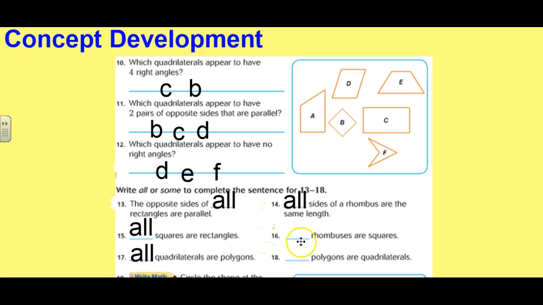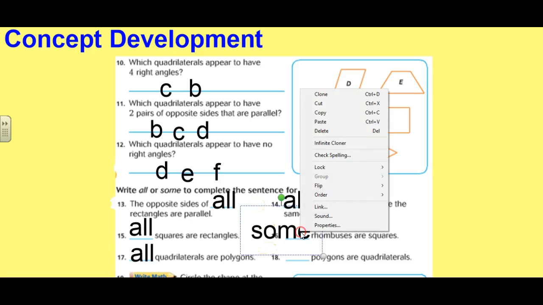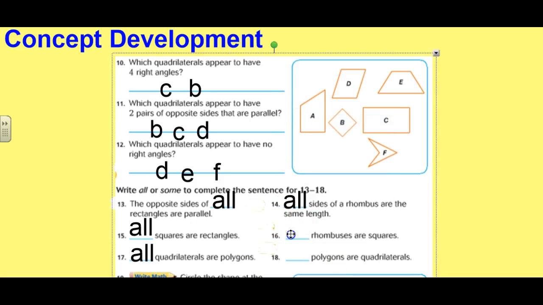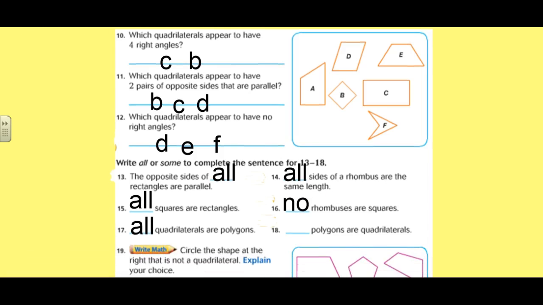And then it says all or some rhombuses are squares. I don't know if I would put some, but that's the only other thing that there is to put. I'm going to take that away. I'm going to cut it. Whoops, I pushed copy or clone. I'm going to put no rhombuses are squares because the rhombuses do not have any right angles. So we cannot put that rhombuses are squares. So we're going to put blank